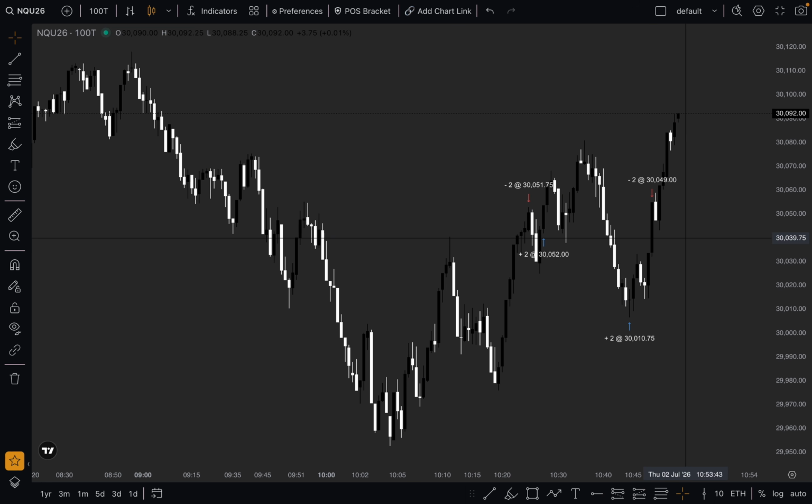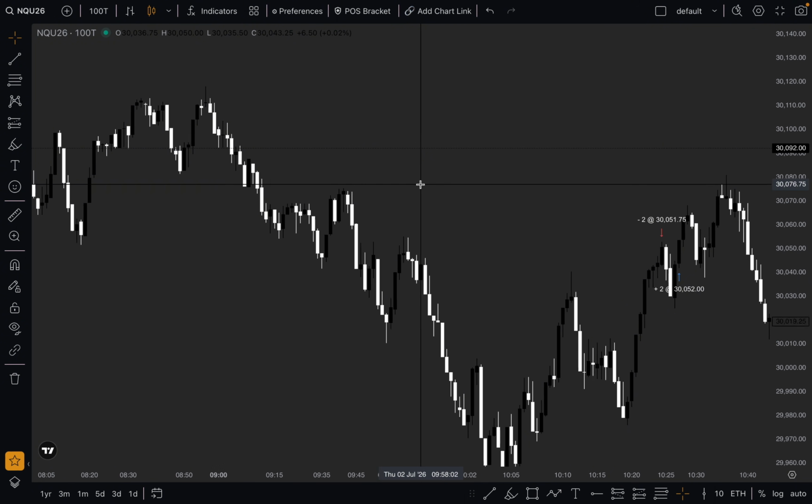If you're learning point of interest in the beginning, you should only be using it solely for the purpose of continuations, right? But here I'll show multiple instances where I caught a short when I thought price was bullish, and I wanted to catch that short just to secure profits until it taps into a point of interest for continuation to the upside. But I got pretty greedy and I didn't follow my rules, and I'll show you what ended up happening. So I'm gonna break it down real quick.